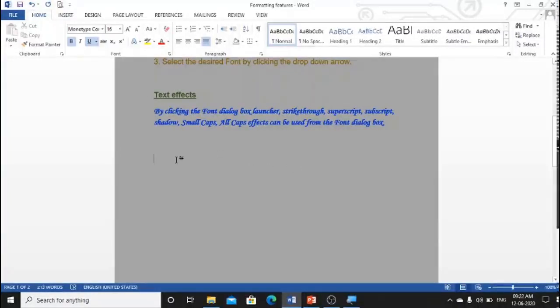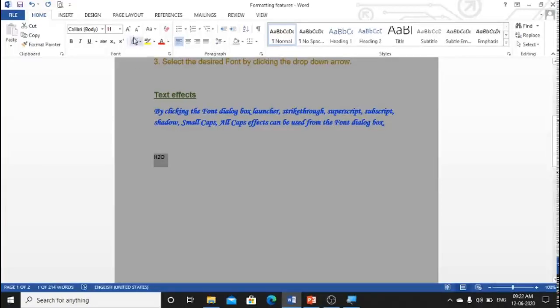Now one very important effect I'll explain to you, that is the superscript and the subscript effect. Suppose I want to write a formula, okay, I'll make this different. I'll remove all the formatting first from here.